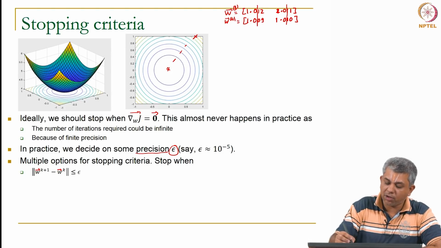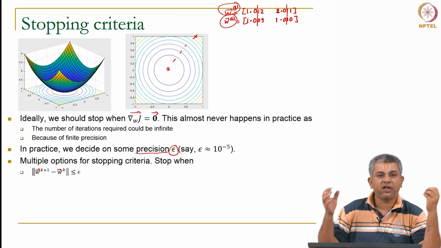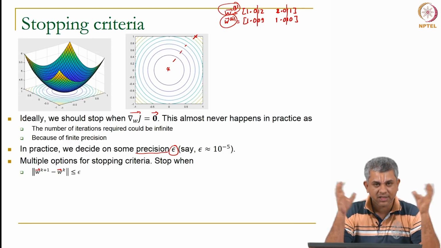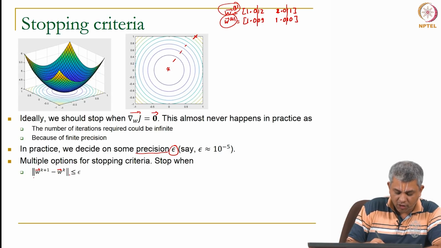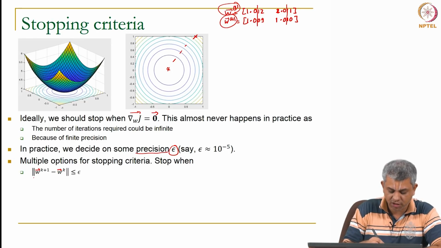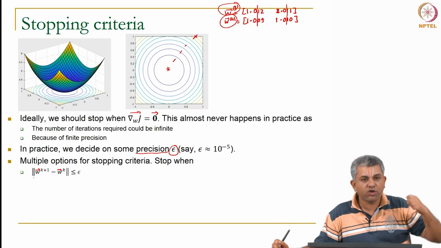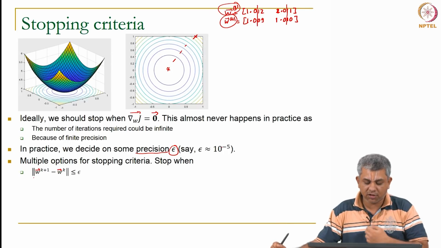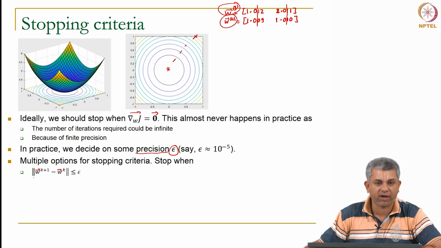Now, remember of course, this is a vector, this is a vector. How do we find out how close one vector is to the other vector? By subtracting them and taking the norm. If we subtract them and take the norm, typically any norm, it could be 1 norm, 2 norm, infinity norm, that is your choice, it will come out to be a number. I say that the difference between the previous vector and the next vector should be smaller than a given precision, and in the example I have given, this precision is 10 power minus 5.